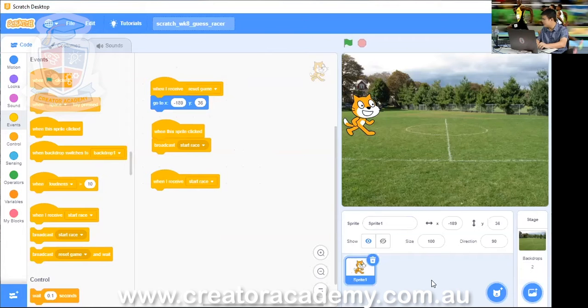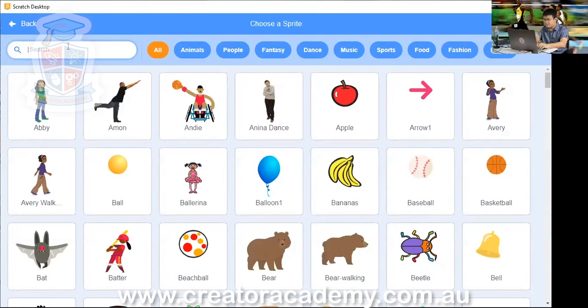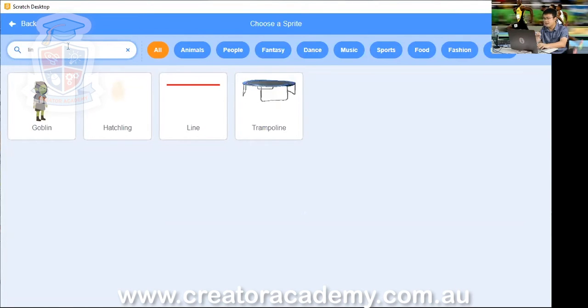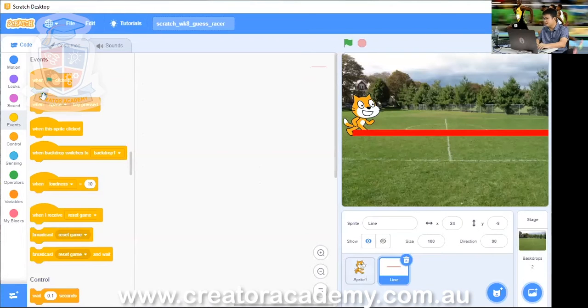All right, to add the finish line, we're going to go to add a sprite. So you go choose a sprite. And then I want you to type line. So it's L-I-N-E, line. And then this is the red line that we have to choose. Click on the red line.